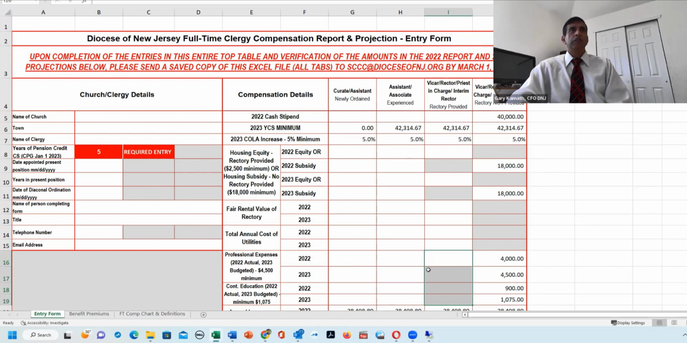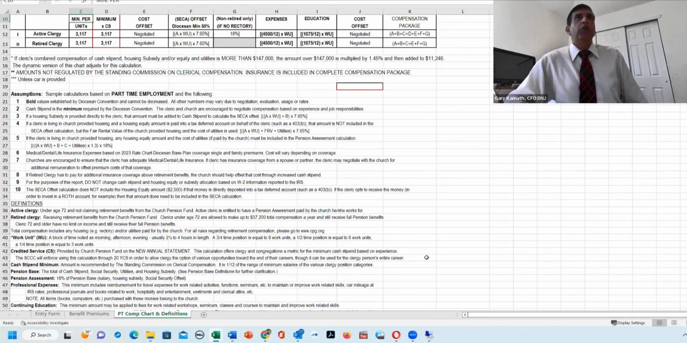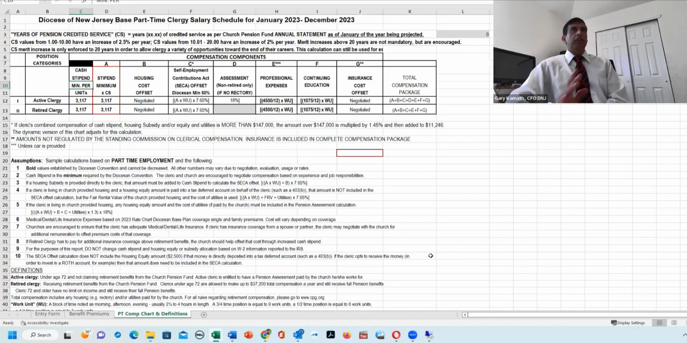Okay. Go through the part-time. Same way, you can download the part-time worksheet from the website like we did. And here, same thing, we have three different tabs. Last year, I think, was a little different. This year was much more condensed, and we tried to make it easier. All the items are in the entry form,